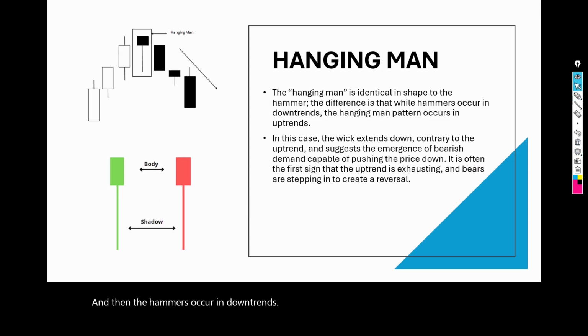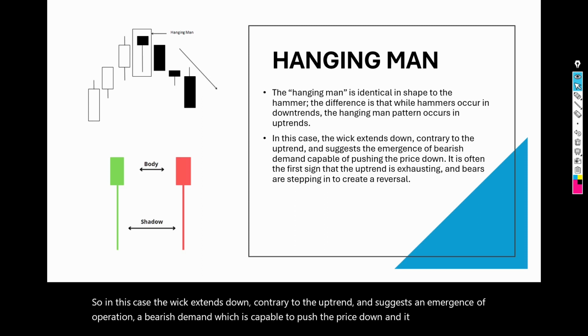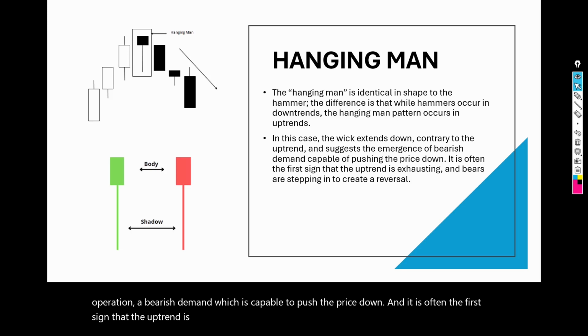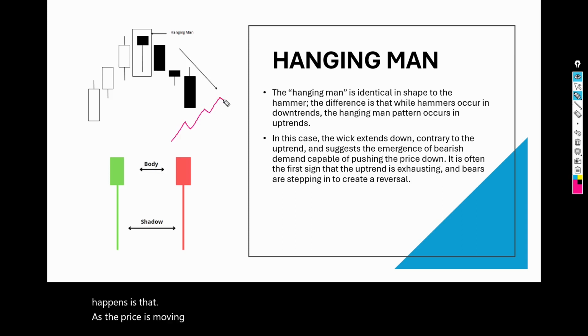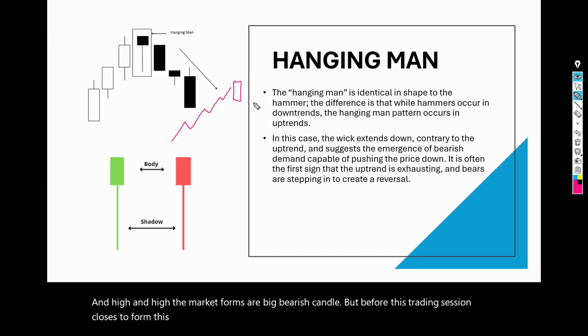In this case, the wick extends down, contrary to the uptrend, and suggests an emergence of bearish demand, which is capable of pushing the price down. It is often the first sign that the uptrend is exhausting and bears are stepping in to create a reversal. As the price is moving higher and higher, the market forms a big bearish candle. But before this trading session closes to form this bearish candle, the bulls push the price high once again, and they end up forming a candle like this, and this candle is called the hanging